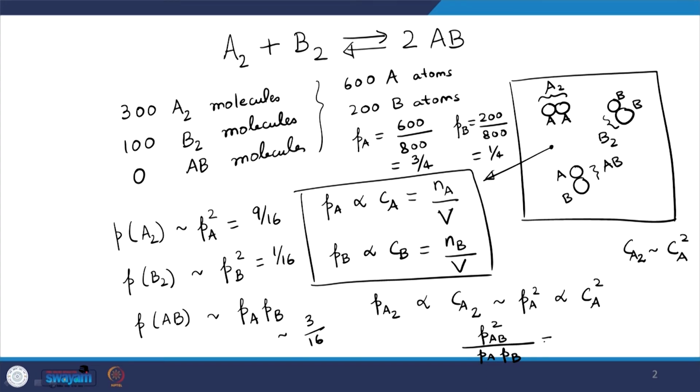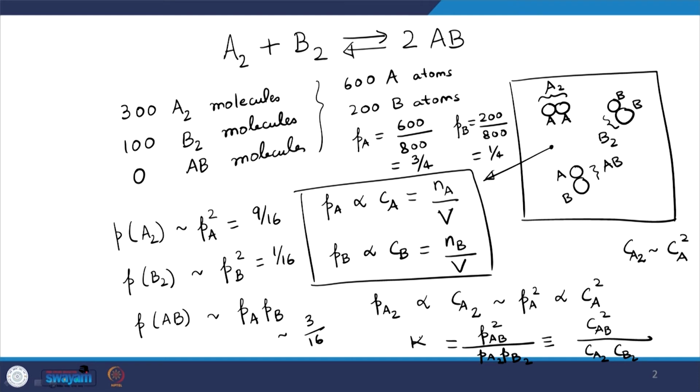And why is that? Because these probabilities are proportional to concentration. So, this should be equal to the concentration of AB square divided by concentration of A2, concentration of B2. This is PA2, this is PB2, right, and that is equal to my equilibrium constant, and